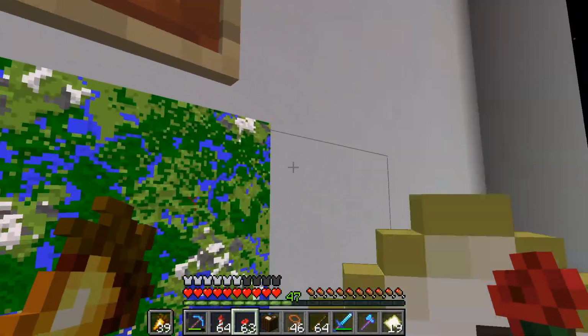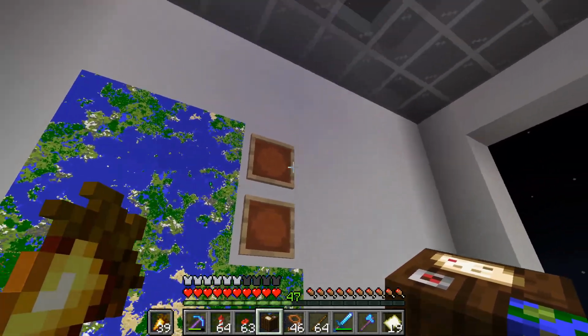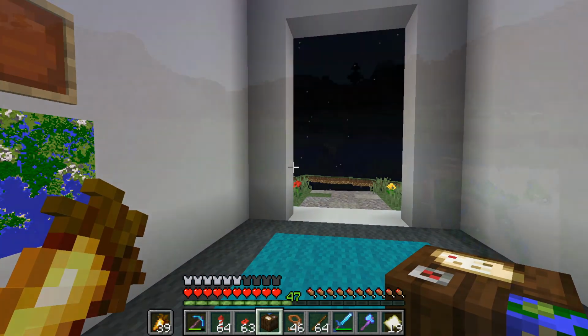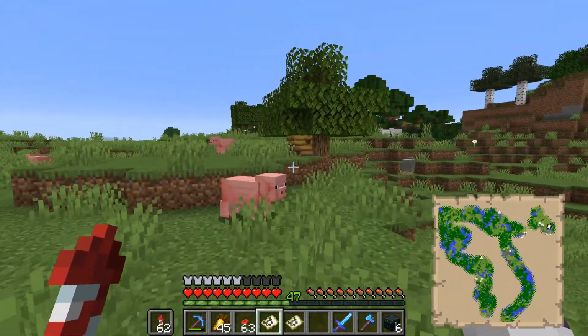So I'll take this map with me. Maybe I'll fill in a little bit extra of it, and I've got a few extra maps and a cartography table just in case I end up exploring out further. But let's go on a little venture. There we go, spotted one. Now I just got to find his hive. There it is. Okay, so if I grab this,